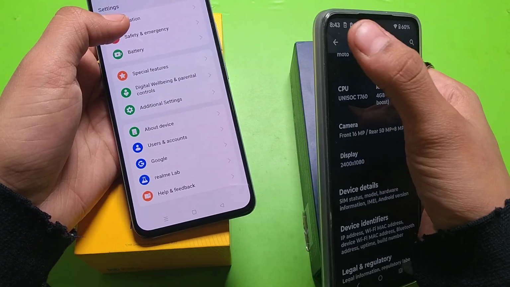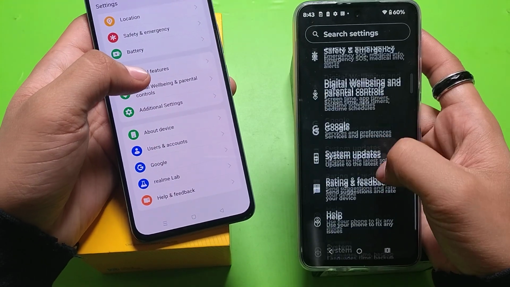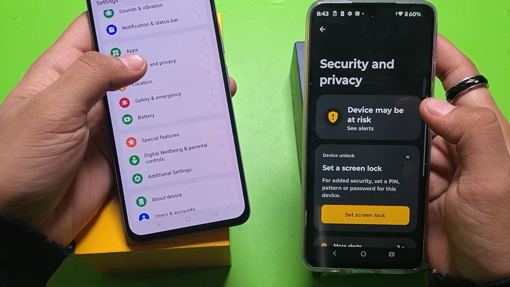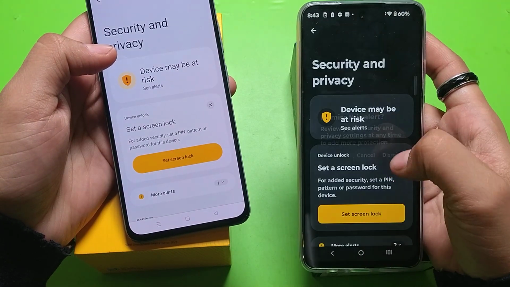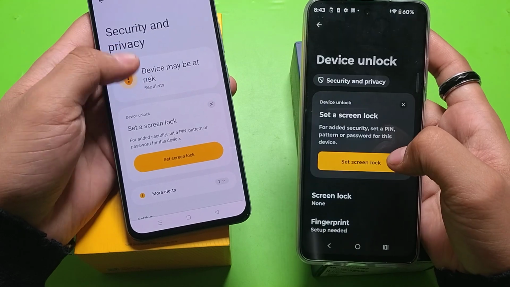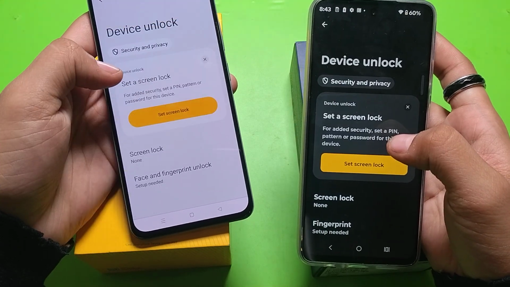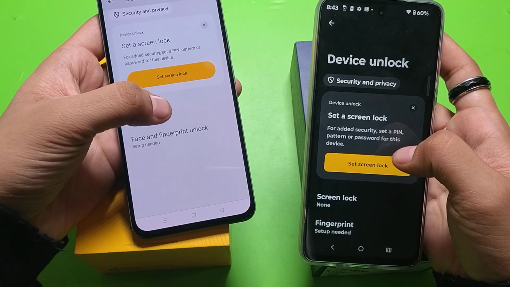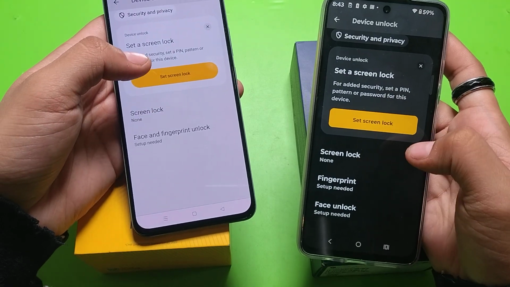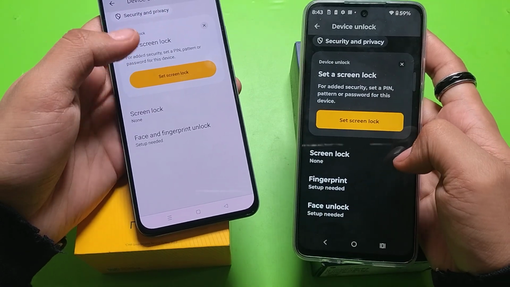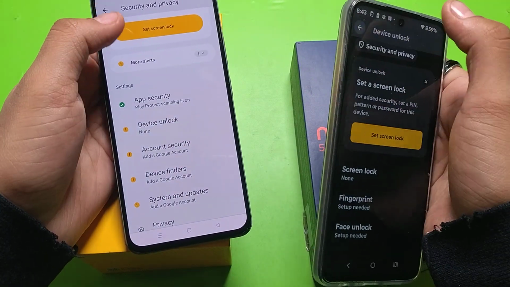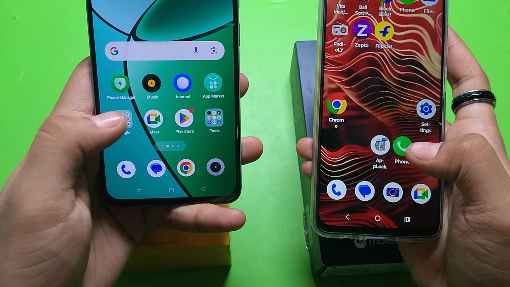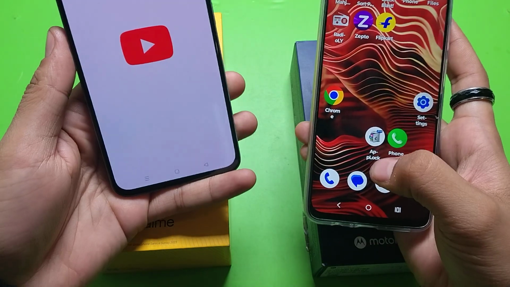Let's check the security features also. You have to click on Security and privacy. Here it is, security and privacy. Then click on Device unlock, and here it is screen lock, face and fingerprint lock. And in this, the same as that, screen lock, fingerprint and face lock, both have the same features. And let's press back and come to the voice and do the